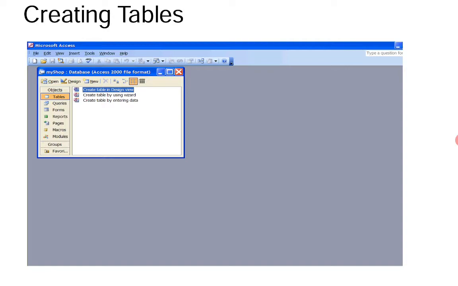Tables have different views basically. Generally tables are created in 2 ways: using the table wizard and in design view. Design view and data view are 2 important views. In the design view we may create and modify the structure of a table, whereas in the data view we can enter the data into a table by simply typing the data or records. By using the table wizard also we may create tables. So that is a table. Next one is queries.